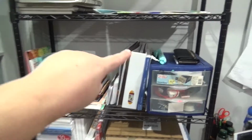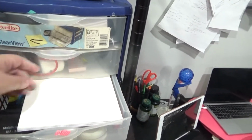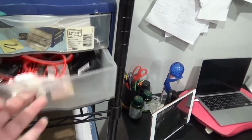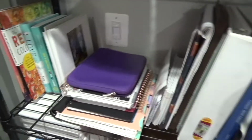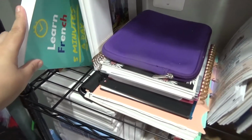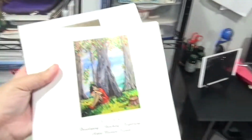Here are electronics, planner supplies, planner stickers, highlighters, anything like that, and then cords and things, my wallet. And then these are art books and books I'm reading currently. This is the Learn French book. These are actually